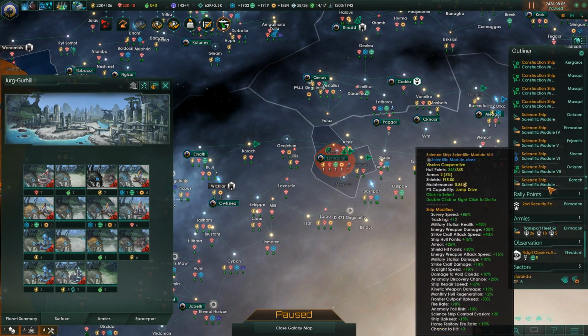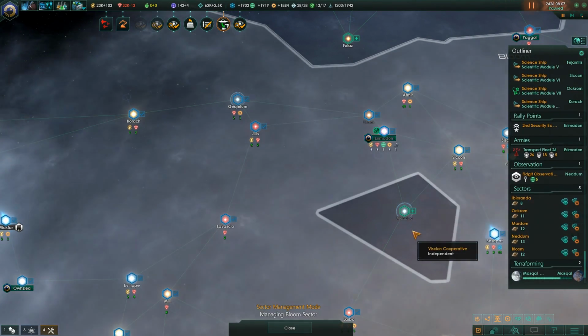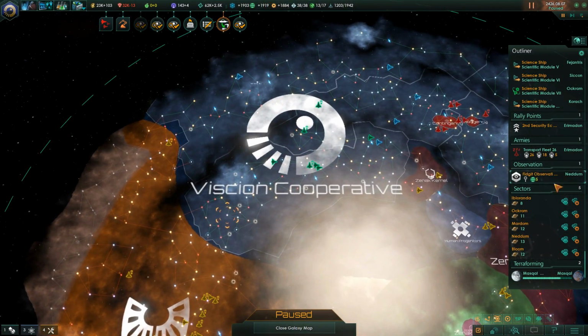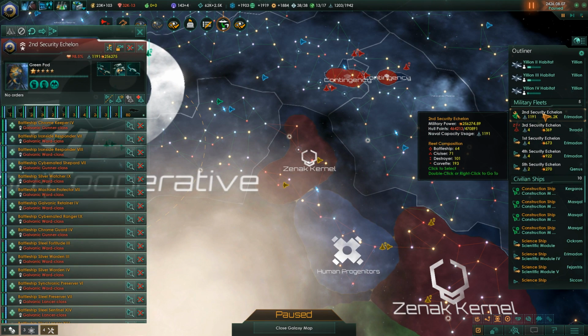Okay, and you also need to be in the Bloom sector, please. We have surveyed the system. There we go. So that now belongs to us. Finally. So we've got some coherence to our borders, not as much border gore, which is nice. All right, second security echelon is currently...